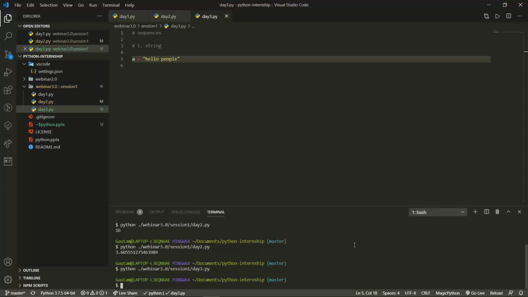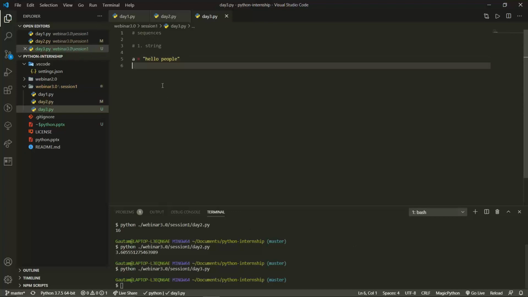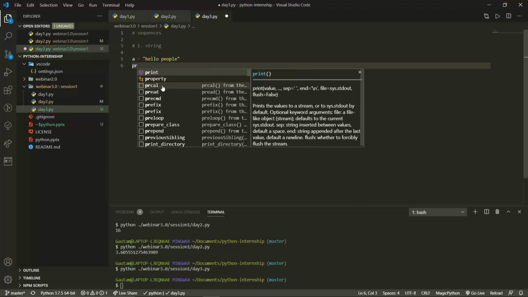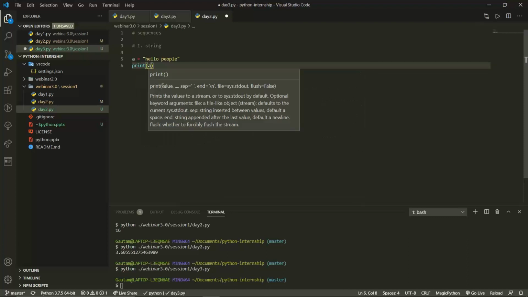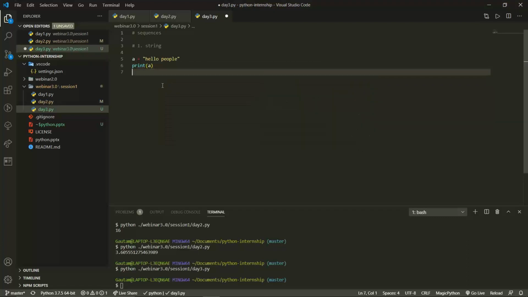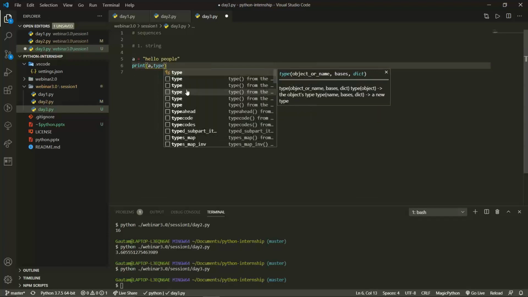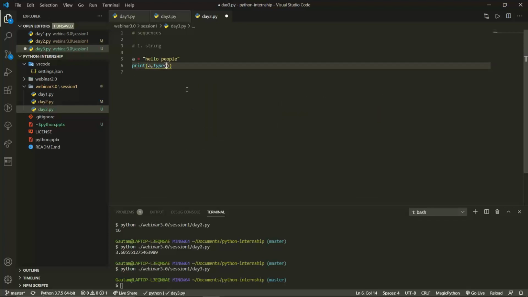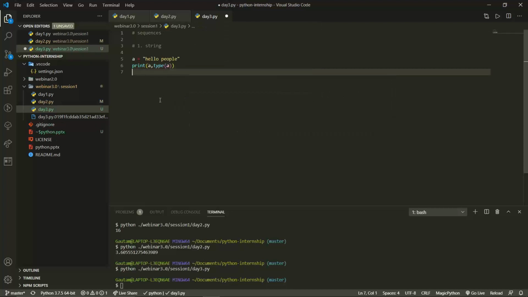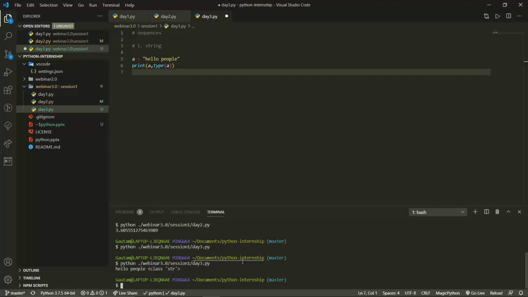Did we make any mistake for execution? We haven't printed, so we'll print A, and we'll also print the type of it, type of A. Now I will execute this code, and it will give you hello people, and the type is class str.